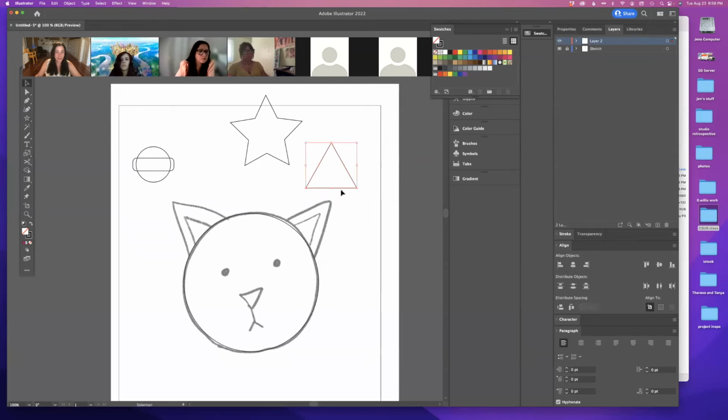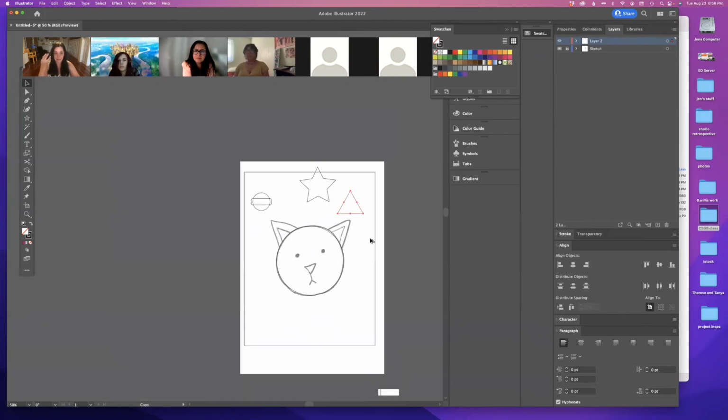And then I do not have to create this again. I can click on it with this black arrow, and I can hold Shift and Command Option. If you're on a PC, it's Control, Alt... PC users help me out here. Alt, Control C. You can also Control Alt and drag. Yeah, so my hand is still pressed down on the mouse.